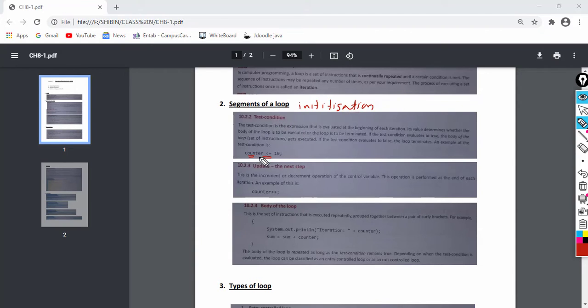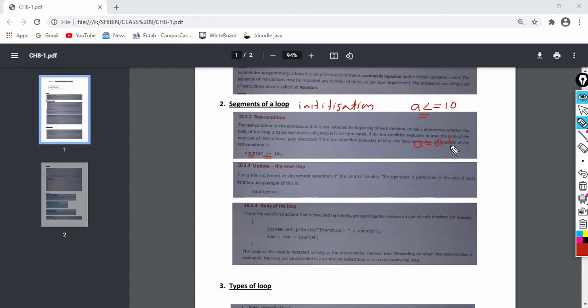The initialized variable we will be using for the condition. Suppose a is the initialized variable, that is also the loop control variable. a less than or equal to 10, that is the test condition. When this condition is true, only then will we execute the body of the loop, meaning certain statements. Then next one is the update statement. In each iteration we need to update this a, the control variable.